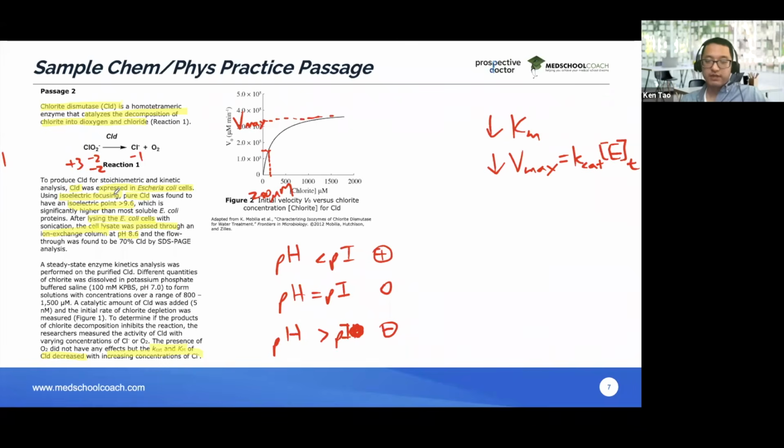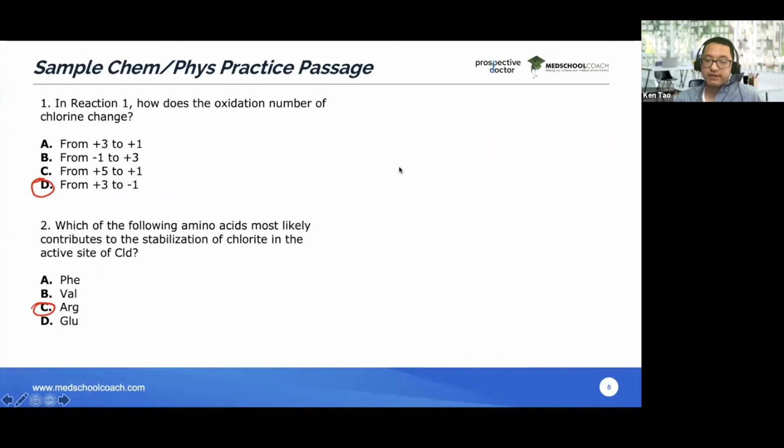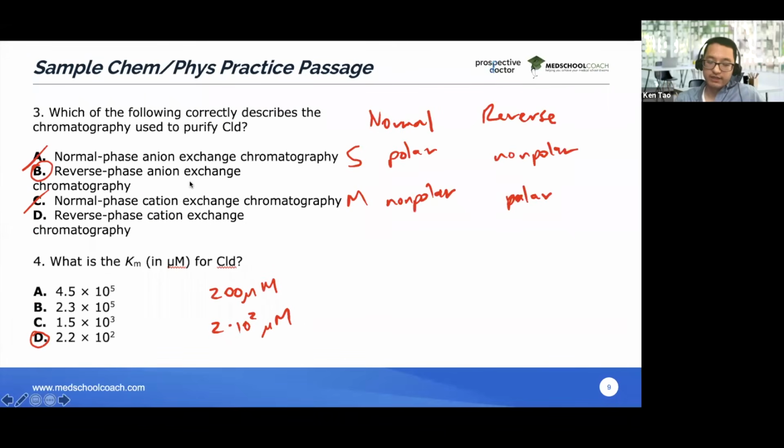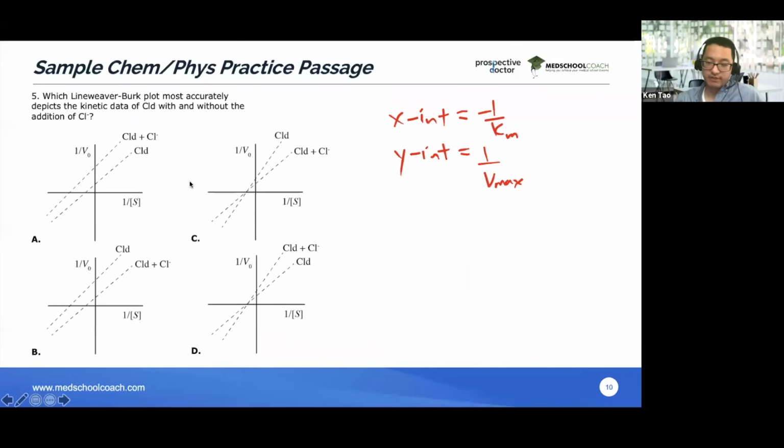So in this case, we have Vmax and Kcat both decreasing, and we have a very nice question, which is: is it normal that I am lost and have no idea about the questions? It is completely normal. The reason why is because this is a biochemistry passage, and biochemistry is usually taken as a sequence. You'll take general chemistry, you'll take organic chemistry, and then you'll take biochemistry. So I wouldn't worry too much about this at this point, because it's probably because you haven't taken the class yet. If you've taken general chemistry, then the first question should be okay, but every other question here, you'll likely learn once you take biochemistry.